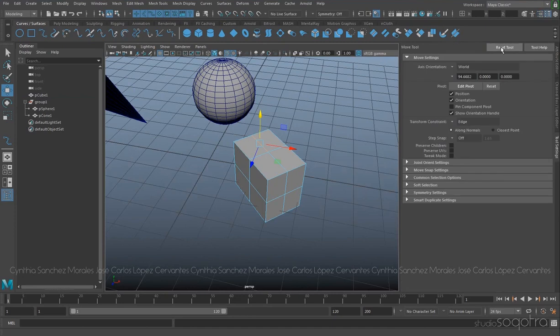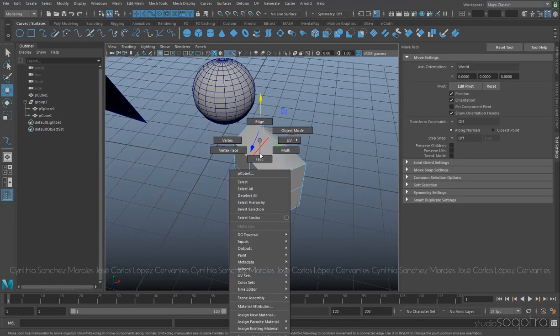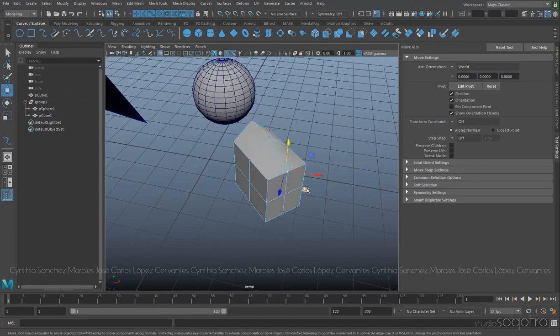Wait, I'm going to reset the tool because for some reason it's not moving. Now I can move the edge. I can do right mouse button, vertex, and then I can move these vertices. I can go right mouse button, faces, and I can select the faces. Now we start mixing what I wanted to show you, the components, together with the tool